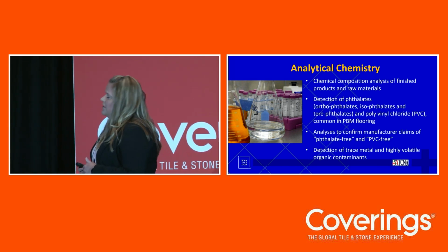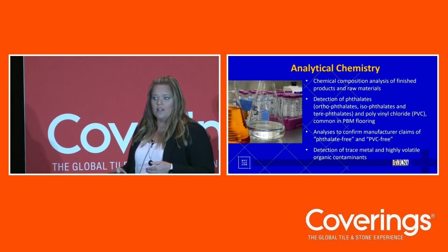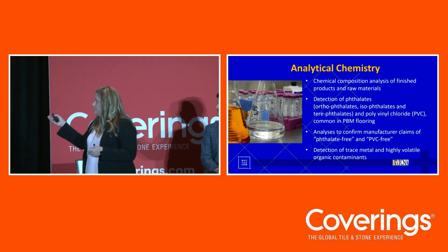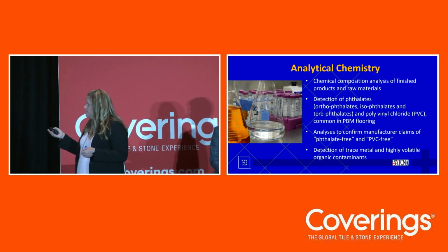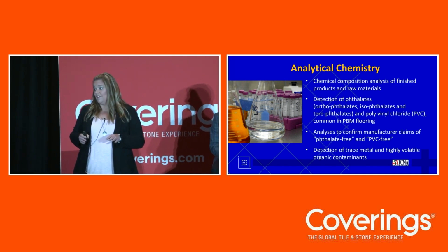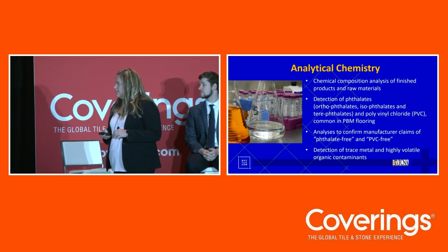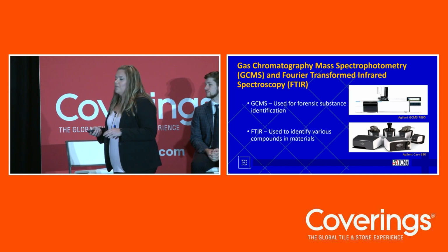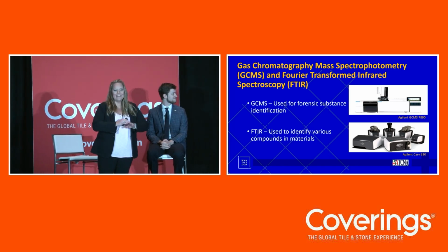So we can test the chemical composition for analysis of finished products or raw materials. We can detect phthalates or isophthalates in PVC in common plastic-based materials. We can also analyze to confirm manufacturer claims of phthalate-free and PVC-free, and we can detect trace metals and highly volatile organic compounds. So this might be really technical and a little bit beyond where we need to go here,